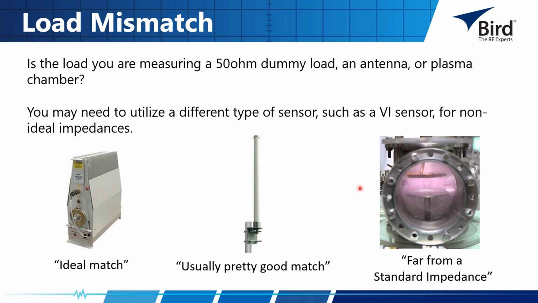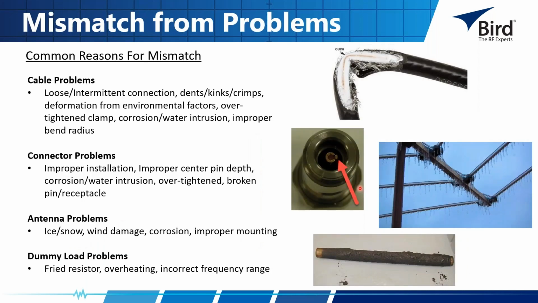The finite directivity of those coupler style sensors can be overwhelmed and can make the measurements have very large uncertainties. So in that case, we actually switch over to something like a VI sensor, but I'll bring that up in just a moment. First, I want to talk about